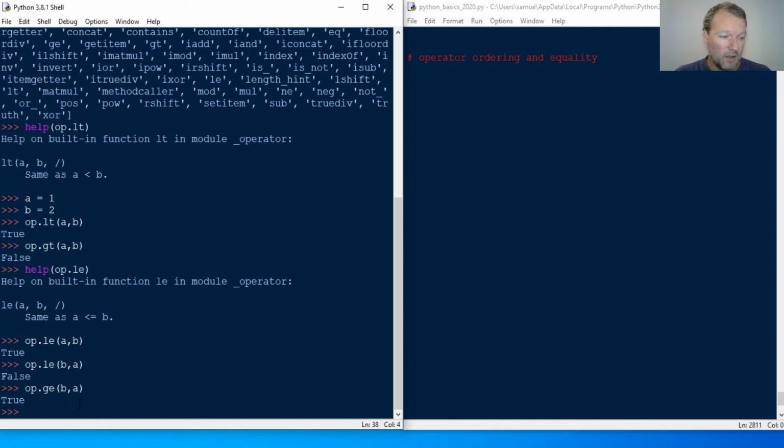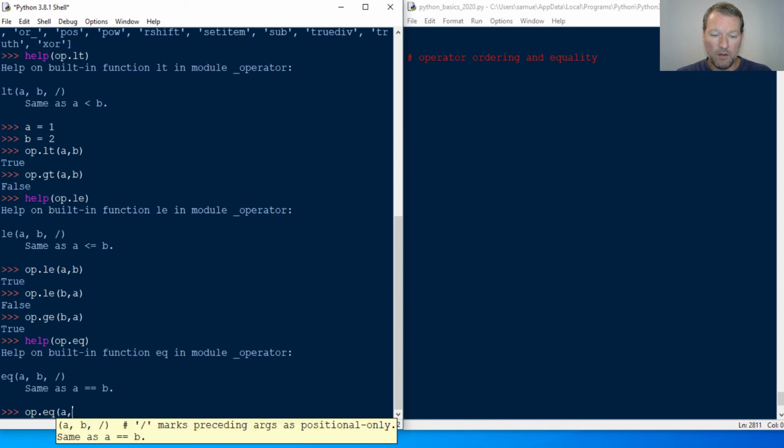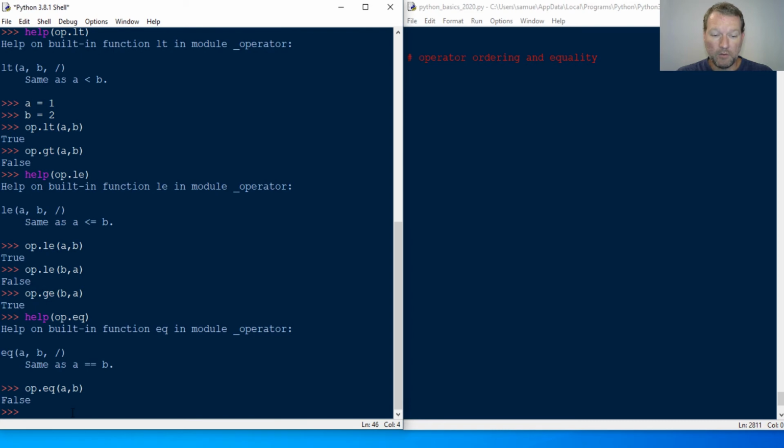All right, so we did less than, greater than, less than or equal to, greater than or equal to. So those are all of our ordering. So now let's take a look at the equality. It's help op.eq, same as our double equal signs, our test for equality. So op.eq, if I can type, eq, A, B, false of course,